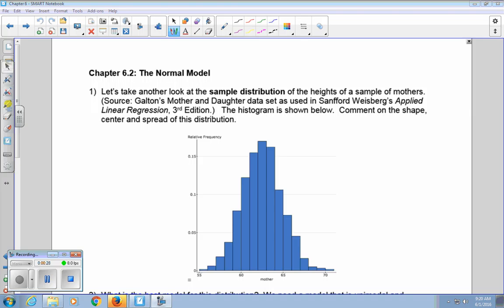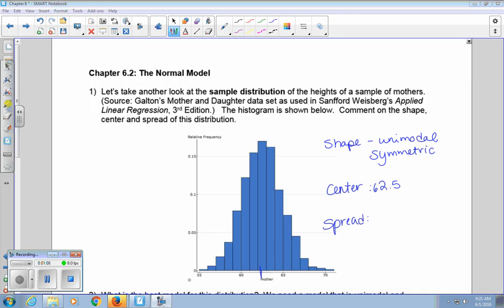So taking a look at our histogram, we could say that our shape is unimodal, symmetric, the center looks to be about 62.5. So this looks like the center around here. We could say it is 62.5. And the spread, we could comment maybe on the range, or we could get an